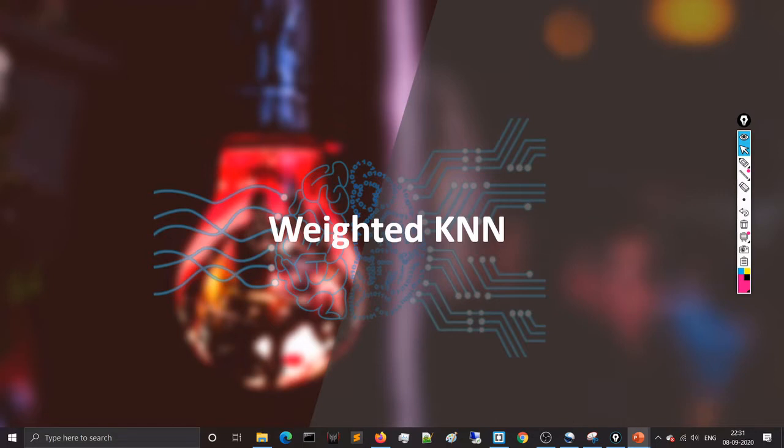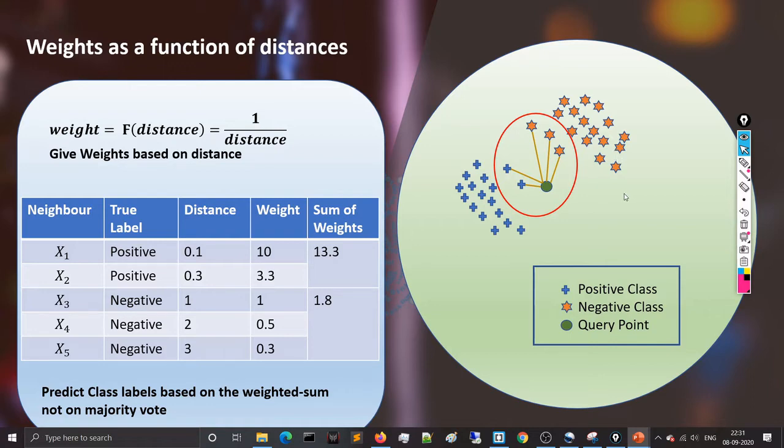Welcome to Focus AI. So here in this video, we will check what is called weighted KNN. Sometimes the way the KNN algorithm predicts the class label for a query point is not quite what we have discussed. I mean, it's almost similar. It does the majority vote itself, but in a different way. It gives weights to its neighbors and then calculates the majority votes. Okay, so just check the scenario when it might be needed.